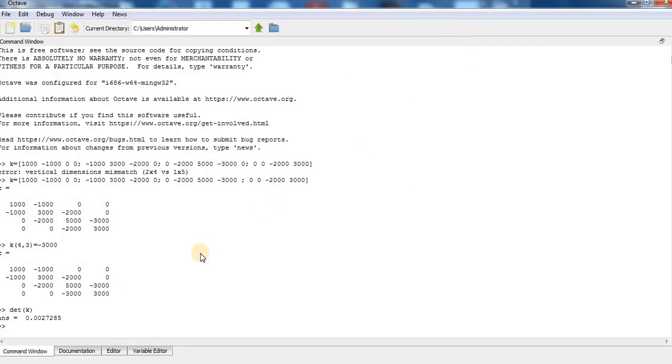So this is the determinant. It's a very small number. It should be 0. But we made some mistake. It should be 0, but it's coming small number. So determinant is a very small number. So on the right hand side,